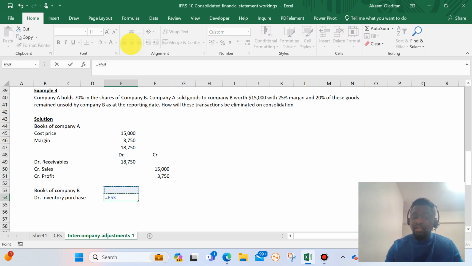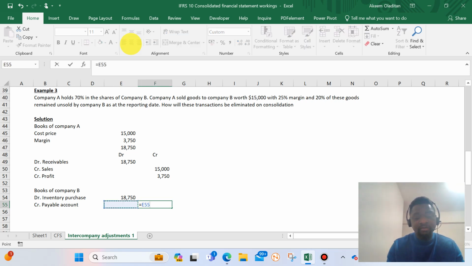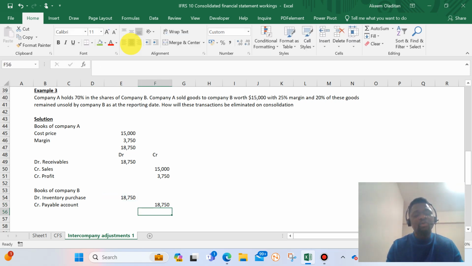Is no more 15,000, it is those two items, 15,000 and 18,750, and credit payables account because the items were not paid for yet. So this is what Company B has done. So now the question says that